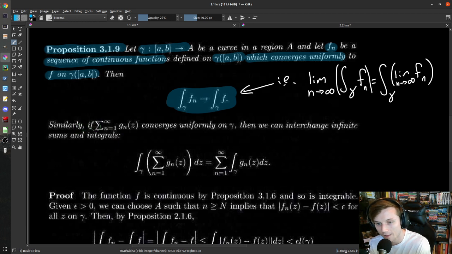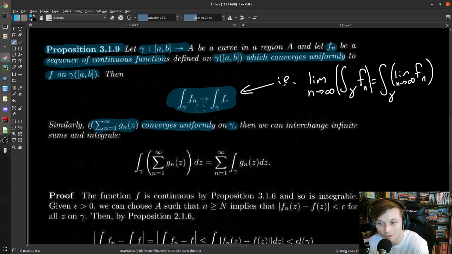And similarly, if you have a series, the sum from n equals 1 to infinity of g_n(z), that converges uniformly on gamma, then we can interchange infinite sums and integrals. So basically the exact same statement right here, but with sums instead of these limits, right? Why does this work? Well, it's obvious because this infinite sum right here is just defined in terms of a limit. So this is really saying less than this first statement, but it's just saying a subcase in